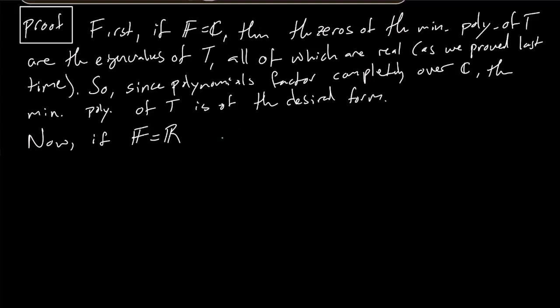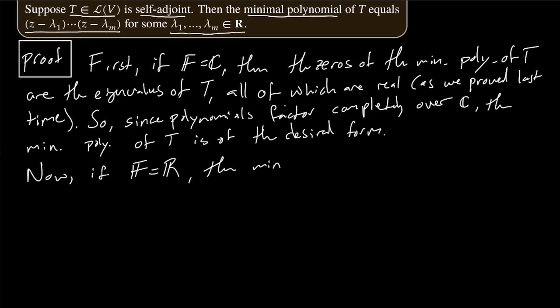Notice what we're going to do is use the fact that the minimal polynomial might not factor completely into terms like z minus lambda 1 and so on, but it will factor into some number of terms that look like this, and then some number of quadratic terms. Some number of quadratic terms that don't factor nicely into z minus lambda times z minus another lambda, for real lambdas. So that is, the min polynomial